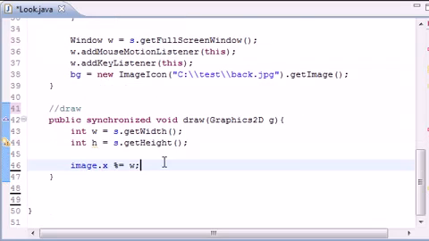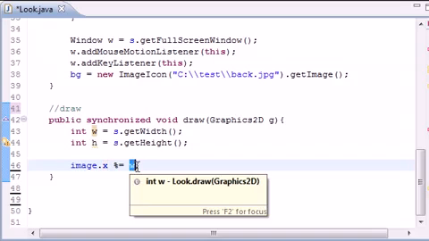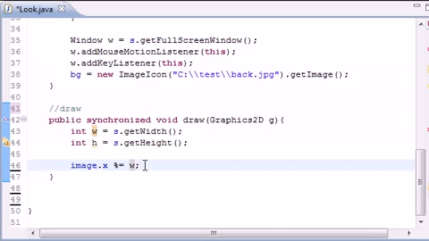Let me explain what this means. Image x is the x location of the image, and w is the width of your screen. What this means is image x is equal to the remainder of image x divided by the